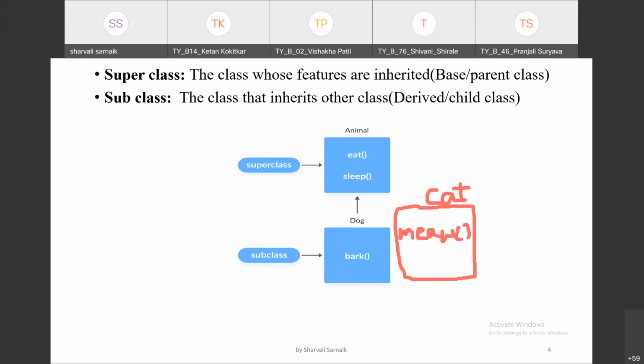Now you tell me, the cat also eats and sleeps, right? The animal cat also eats and sleeps. So what will the class do now? Do we have to write it again or what?